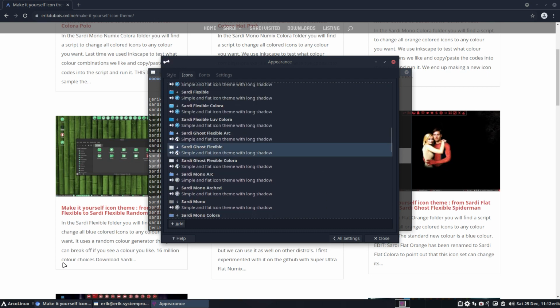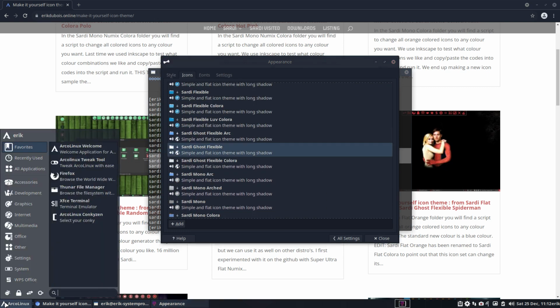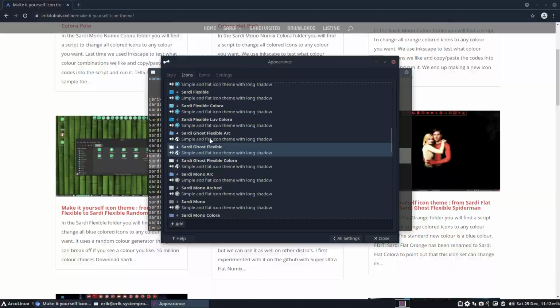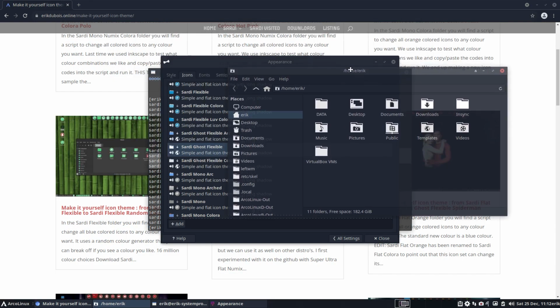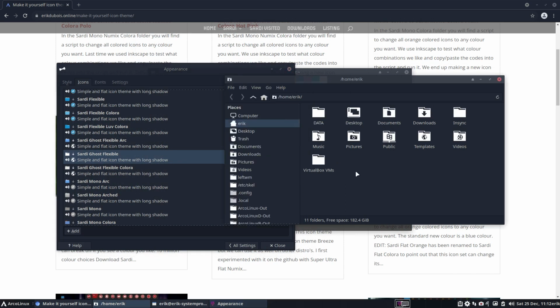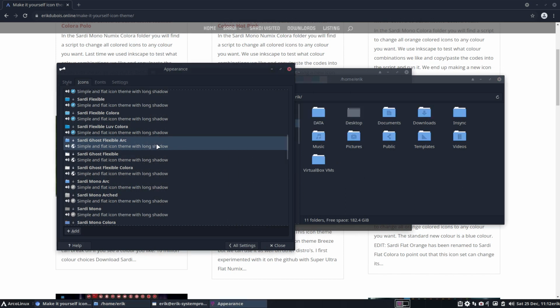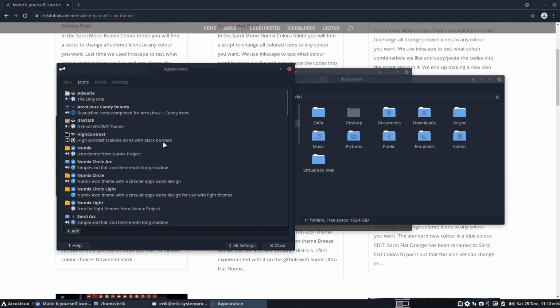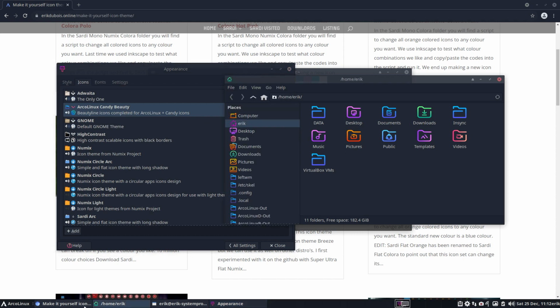So ghost is more like this. And you get everything in white, in black and white. This is just beautiful. But there's also, so this is the white guy. If you don't like the folders, and we're going to make a similar kind of project now, if you don't like the folders, change the folders. Voila. What I like to do with you is explain to you that the ArcoLinux-Candy-Beauty icons, we like them, we